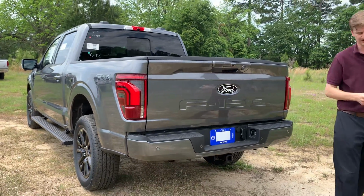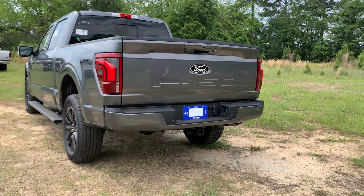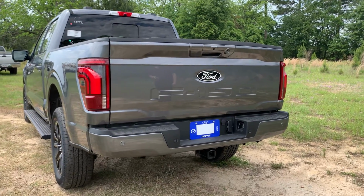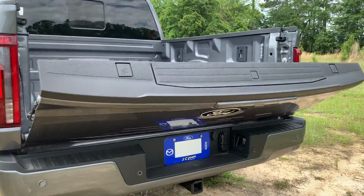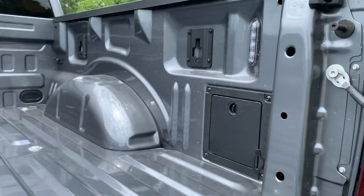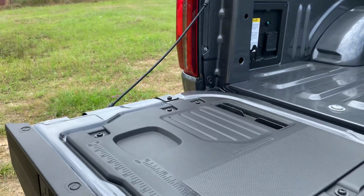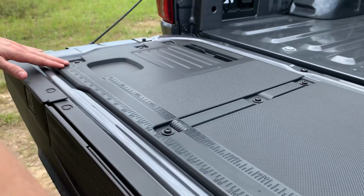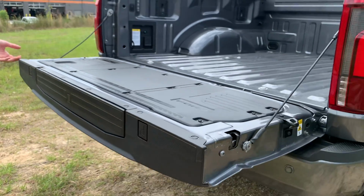Now, as far as our tailgate here, touch the button and it'll go ahead and drop on down. Super cool, super handy hydraulic tailgate there. And what we see here is our tailgate work surface. So it's got spots for vice grips, for beverages, for pens, pencils, whatever it is. And it's also got a ruler here to tell you how you're measuring or cutting different materials with our vice